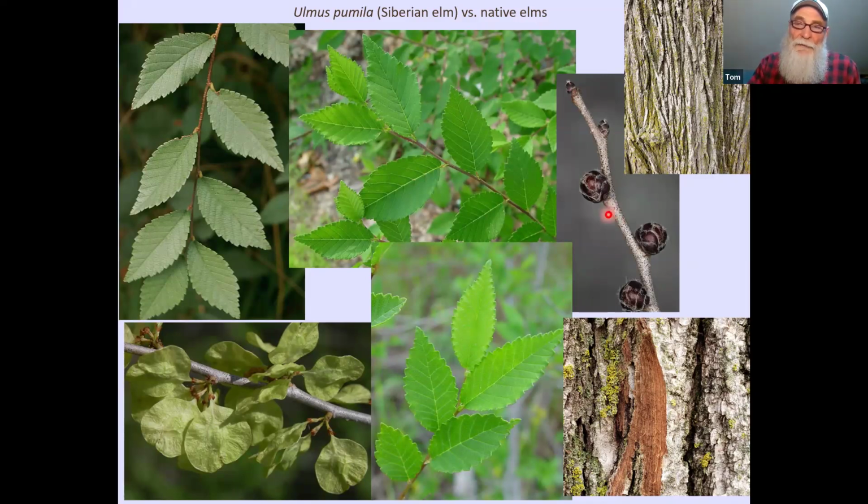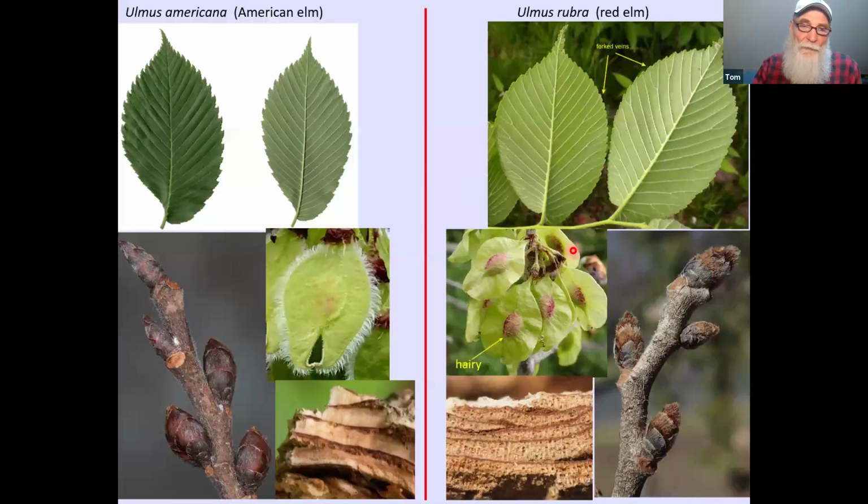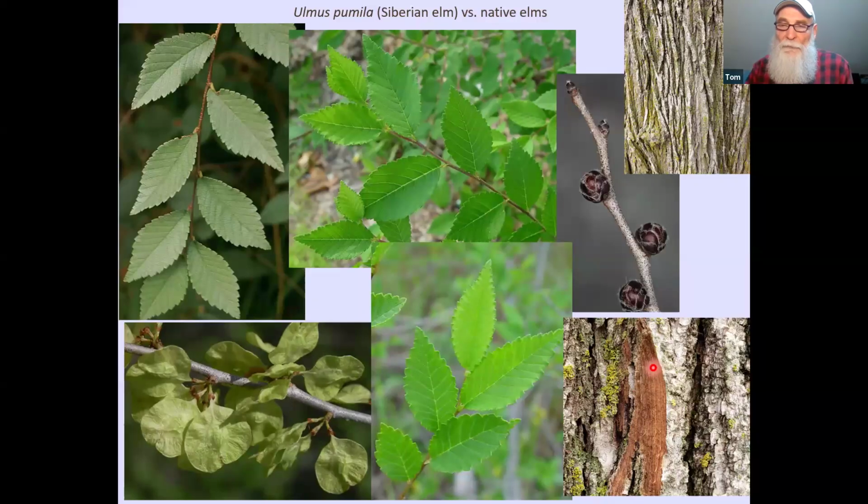There is a difference in the size of the buds too. That's why I put this picture of the buds in here, and also there's pictures of buds over here as well for both of these species. And it's again a difference in size. These are going to be the buds as measured before they're expanding and starting to break open. And basically the separation here is 3 millimeters. So the buds over here are less than 3 millimeters in length for Siberian elm, and for the native species, they're